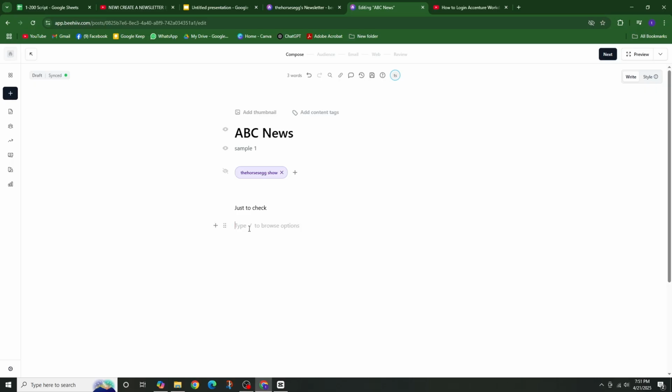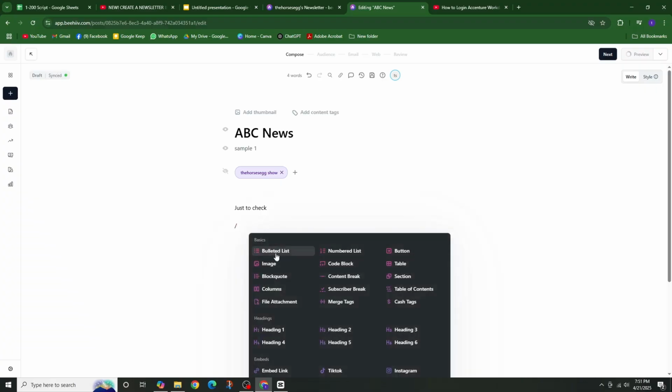To make your content more engaging, type a forward slash (/) to bring up a list of content blocks. From here, you can insert images, block quotes, buttons, tables, headings, and more, all to make your newsletter visually appealing